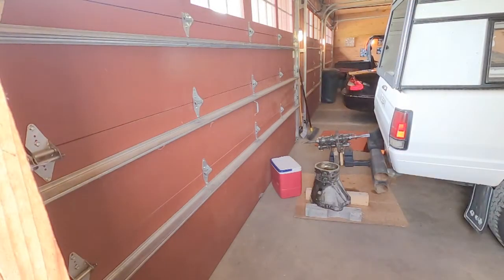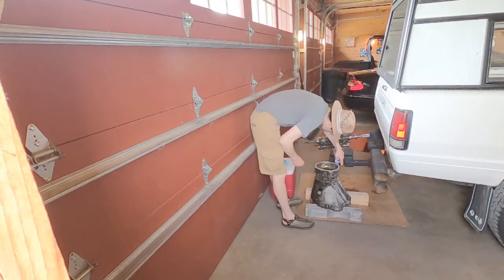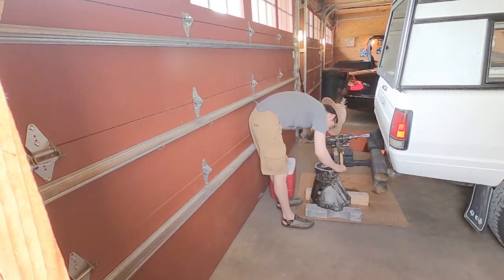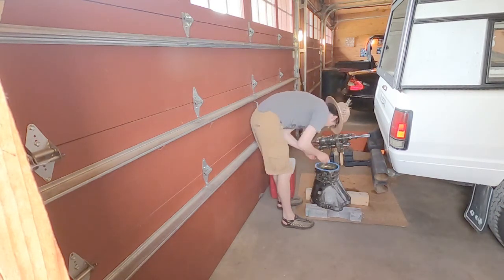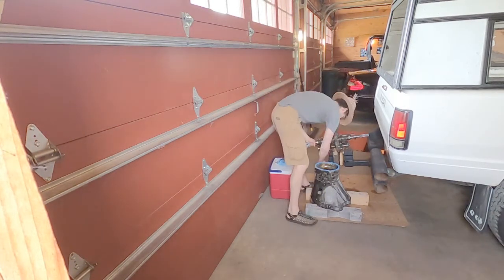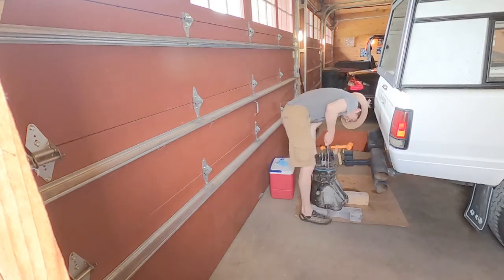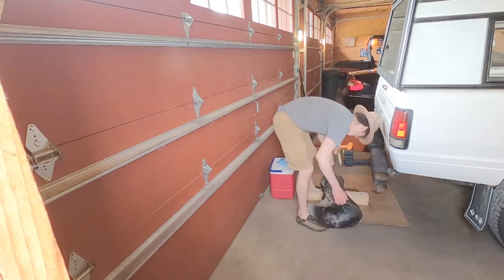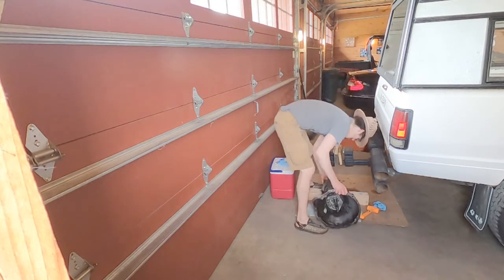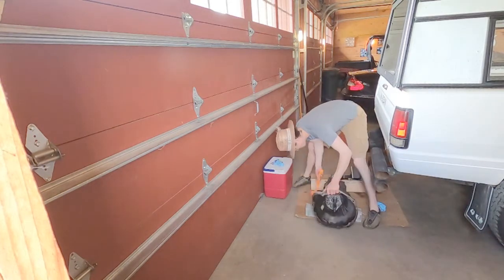Hey there, I wanted to share this time lapse I made of the final reassembly of my 5-speed manual out of my '85 Nissan 720. You can see it here. I'm working on the back of it with this, there I go, using that vise that mounts into my trailer hitch. That was very helpful in the rebuilding process of this transmission. This was sort of the easy last final step,